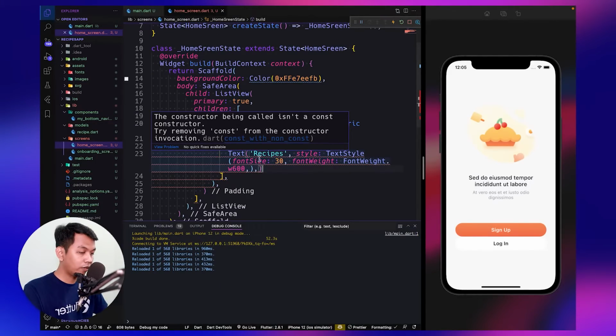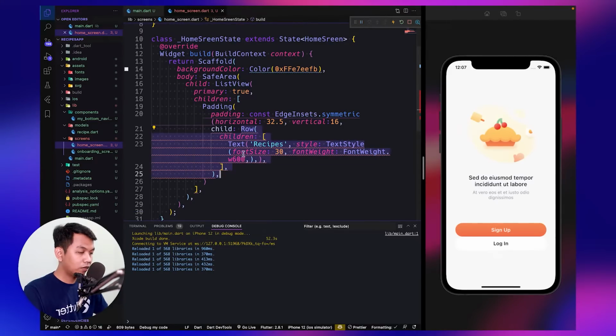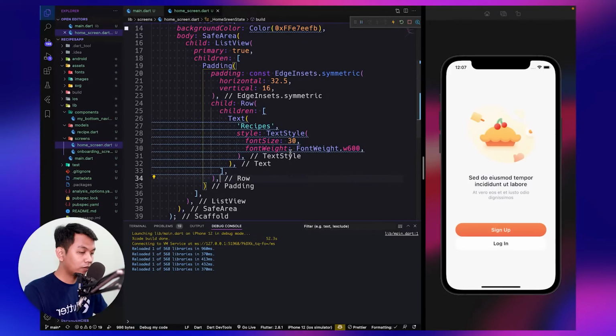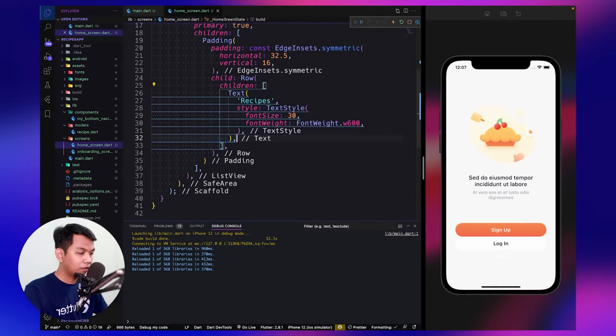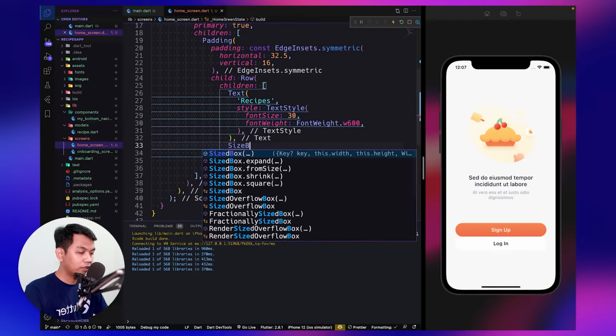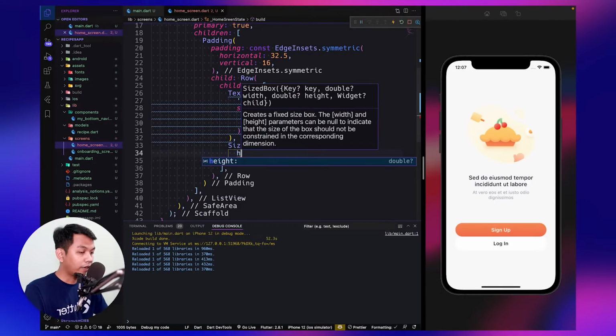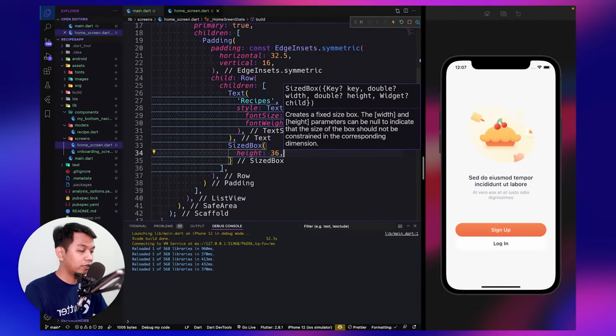We have an error right here. So we missed this and give a comma. So look like this. And the next children is a size box, with the height 36.